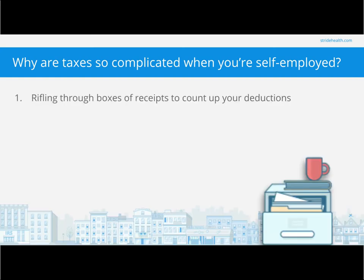So, what does this look like when you go to file your taxes in practice? Usually, when you're filing taxes with business income for the first time, you'll find yourself rifling through boxes of receipts to count up all of the deductions that you could have had for your business. Especially if you're someone who hates bookkeeping, doesn't really enjoy dealing with spreadsheets throughout the year, you've probably been throwing your business receipts into a shoebox or some other location, and just telling yourself that you'll deal with it when you file taxes. And then when tax filing season comes, you're rifling through those various places at your receipts